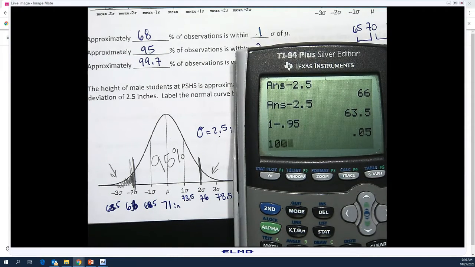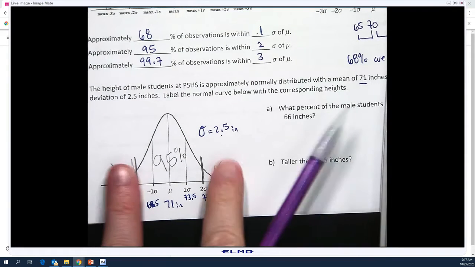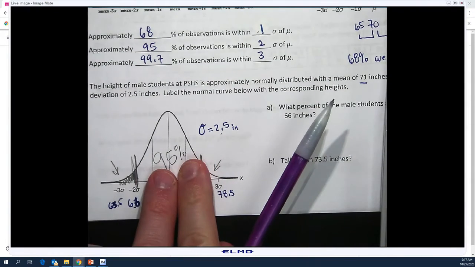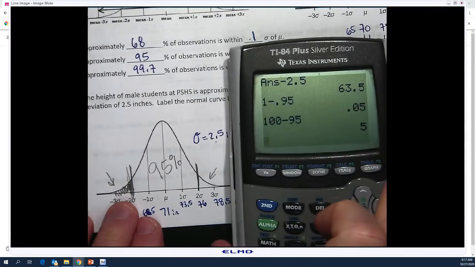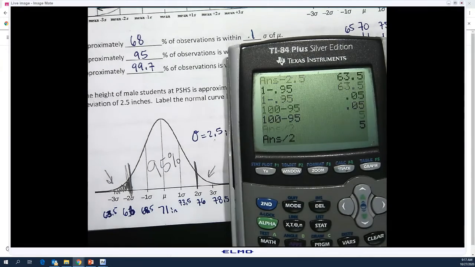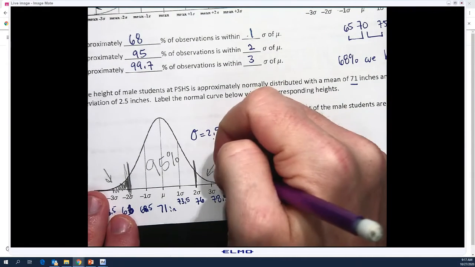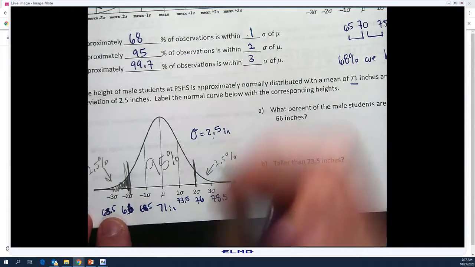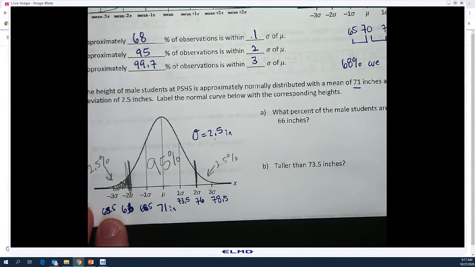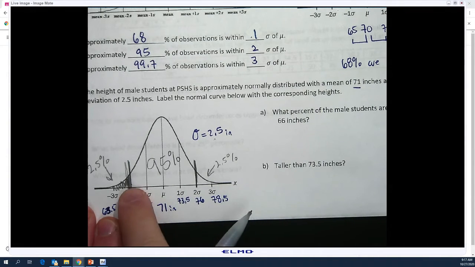You could also say 100 minus 95. You can deal with percentages or decimal percentages. It really doesn't matter too much, whichever one makes more sense to you. Either way, there's a total of 5% left over if the middle's 95%, and hopefully that makes sense. The middle's 95, so there's 5% left over. And what we're going to do is divide that by 2 to figure out that there is 2.5% here and 2.5% here, which is telling you the percent that is less than 66 inches, which is what this is right there, is